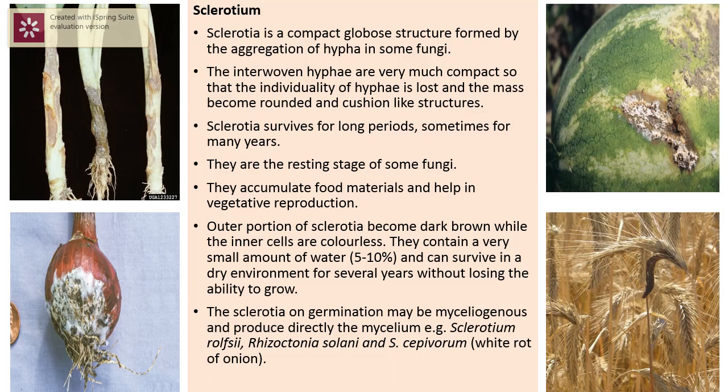Another important example I have mentioned is Sclerotium cepivorum. It causes white rot on onion. In the white rot on onion picture, you can see that it can also happen in garlic and leeks, and it forms powdery mycelia on the bulb side of the onion. It remains viable in the soil for many years and is stimulated to germinate by the presence of a susceptible crop. So the formation of sclerotium is an important mycelial modification, and it happens in various fungi.